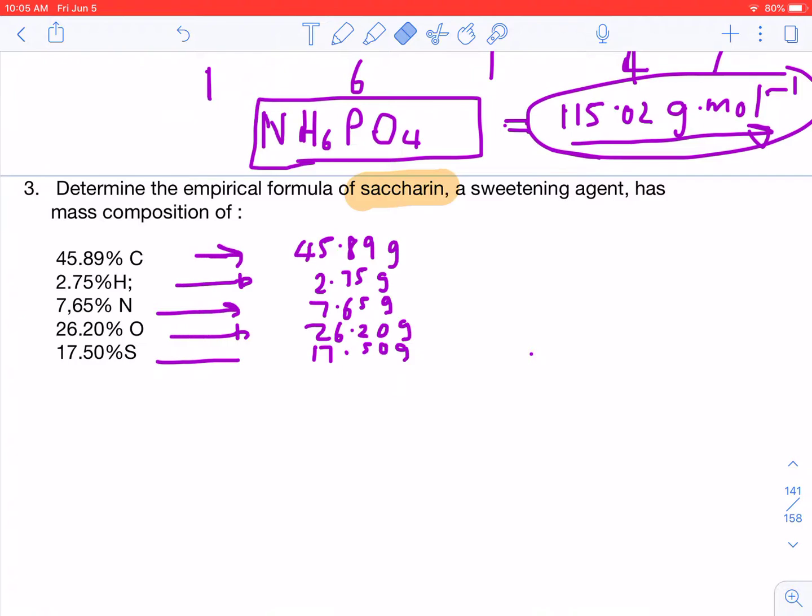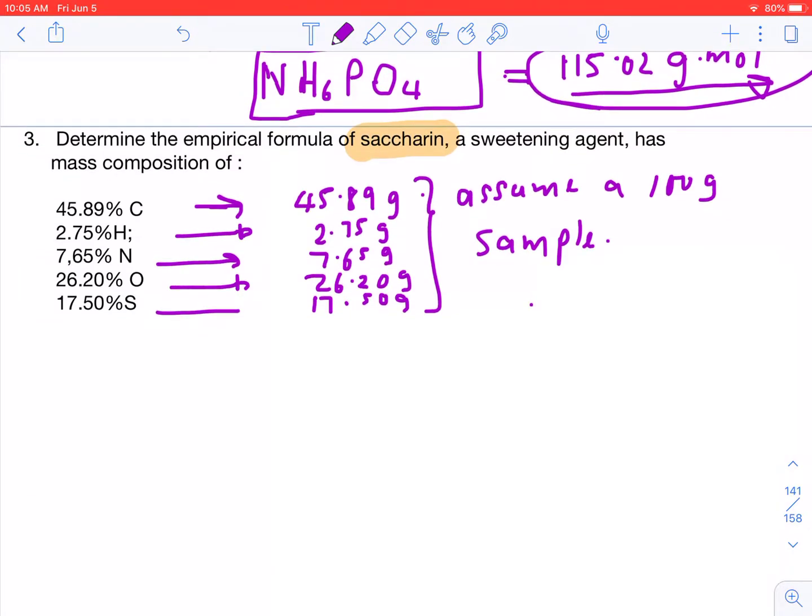We can just say here, maybe there, and say here we can say, right, assume a 100-gram sample. Right, so you converted it to that. Now we say okay, we want N